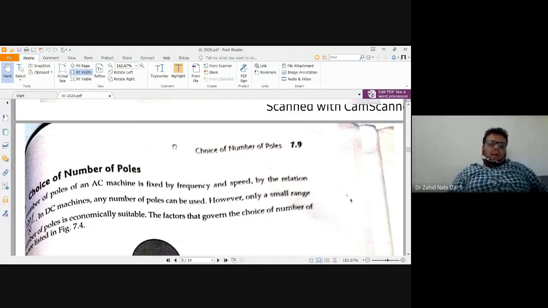Now, another factor that we are interested in: how do we go and select the number of poles? The number of poles of an AC machine, for example, is fixed by frequency and speed. The relation is 120 F by N. But now in case of